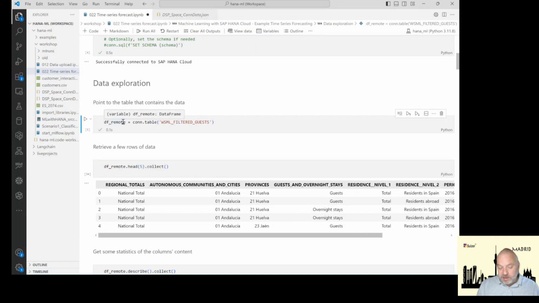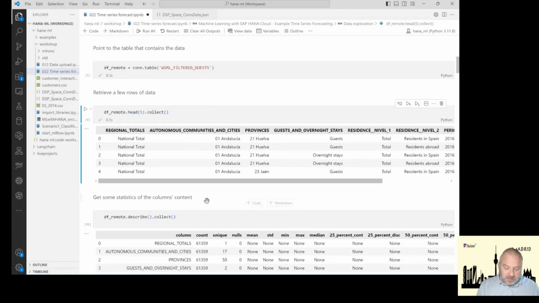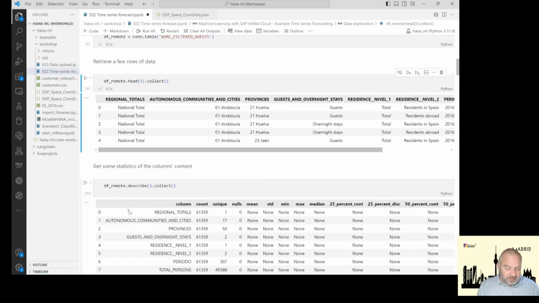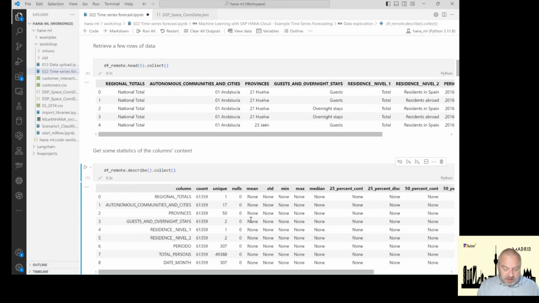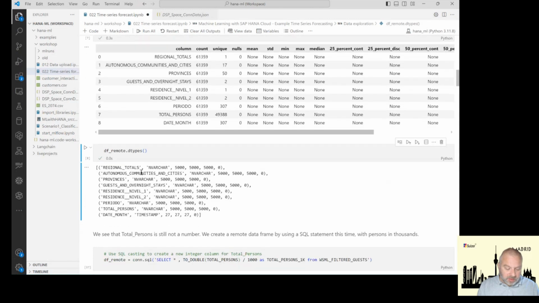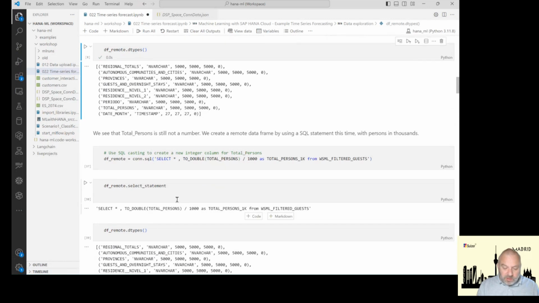Again, no data has been transferred here to the client. Everything is in the database, and we can have a look at it, and we get some information about the data, and we can also collect some statistics. Again, this is all executed on HANA side. There's no data here on my local PC. Have a look into the metadata, the definition of the data types,